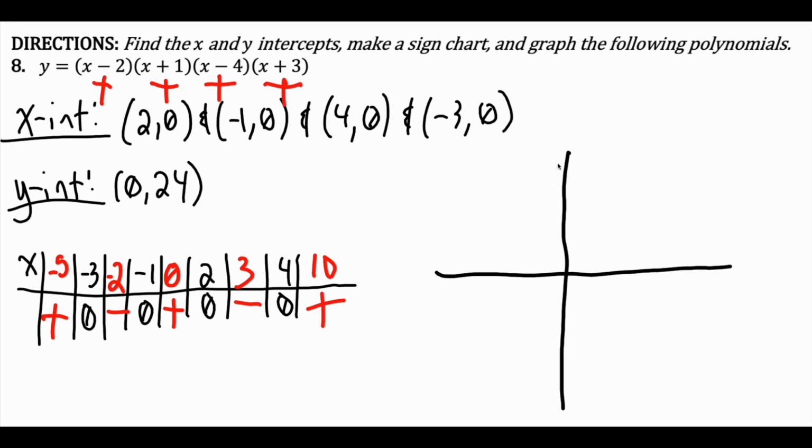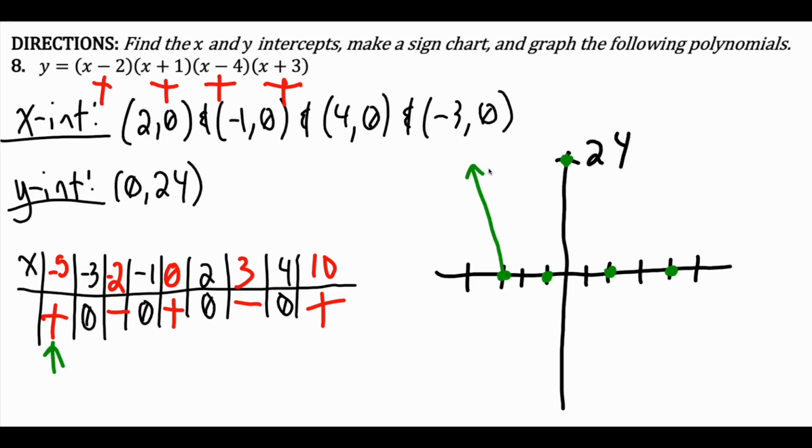Let's put it all on the graph here. I got a point at 24. Got one at -3, so 1, 2, 3. I'll put an extra one there. 1, 2, 3, 4, 5. Let's get our points on here. So we got +2, -1, -3, +4, 1, 2, 3, 4. There we go. 24. All right, everything less than -3 was a positive, so this one